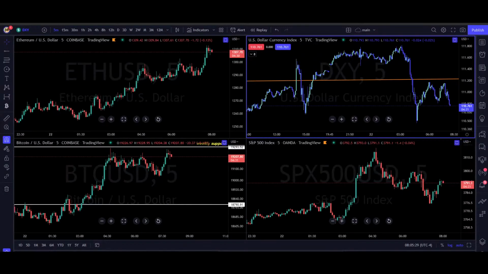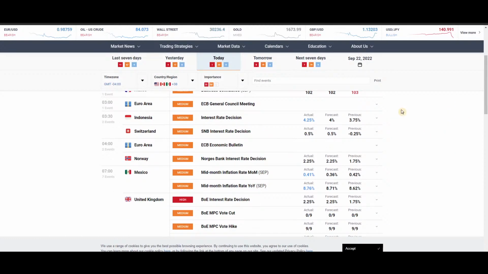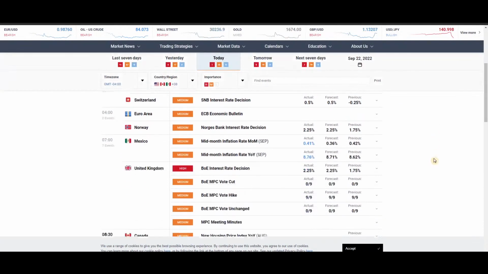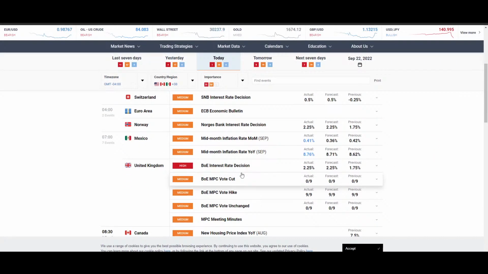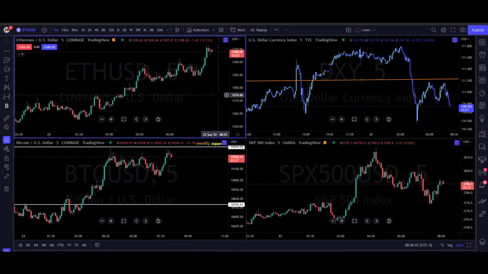Today, we got a little bit of volatility in the markets outside of yesterday's FOMC meeting. We did have a few other central banks that did their interest rate decisions as well. We do currently have the BOJ up next, or they've already announced. I can't find the data on this. We had a BOE interest rate decision this morning at 7 o'clock. Everything came in line there. Took a trade on that already this morning during the London session open. I was just looking for that to be the low of day. We'll talk about that a little bit.